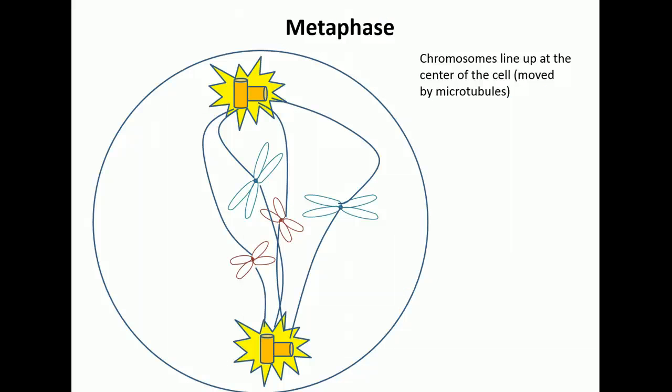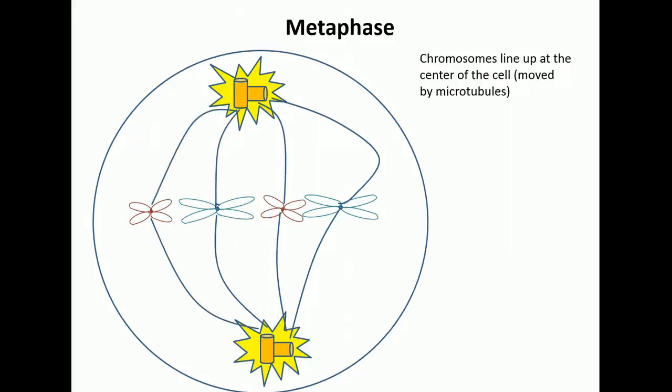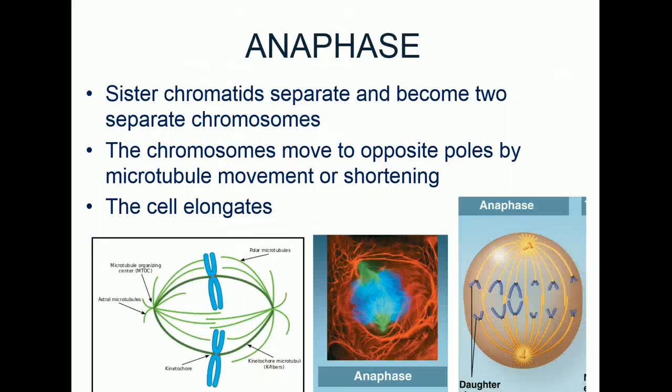And so we can see that here, that leaving prophase, our chromosomes are going to start to be pulled until they're lined up across the middle of the cell. Okay? And now moving into anaphase, our sister chromatids are going to separate and actually become two separate chromosomes. So remember, we said that a replicated chromosome is going to be made up of two sister chromatids. And those two sister chromatids are going to be pulled apart, because if we look at our diagram here,